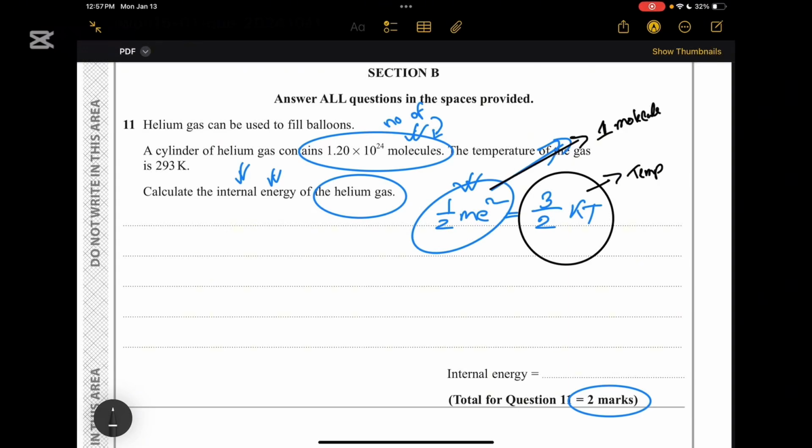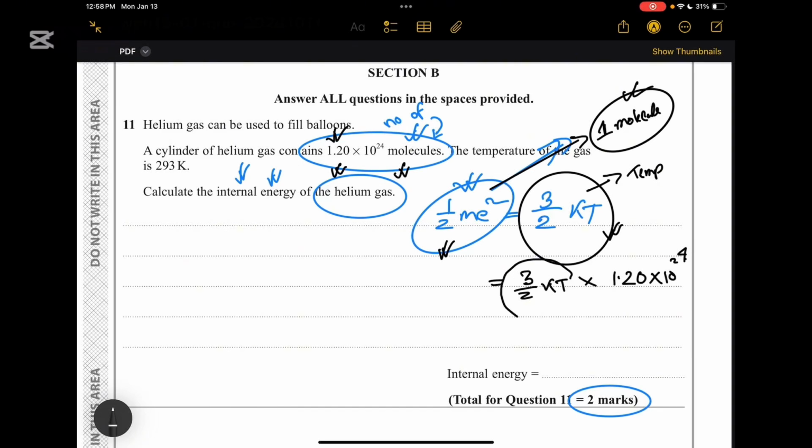Okay, this is the temperature of one molecule, the average kinetic energy of one molecule. So this is going to be our internal energy as well, because we are talking about not only one molecule, we are talking about 1.2 into 10 to the power 24 molecules. So if for one molecule the formula is 3 by 2 kT, then for this number of molecules it will be 3 by 2 kT into 1.20 into 10 to the power 24